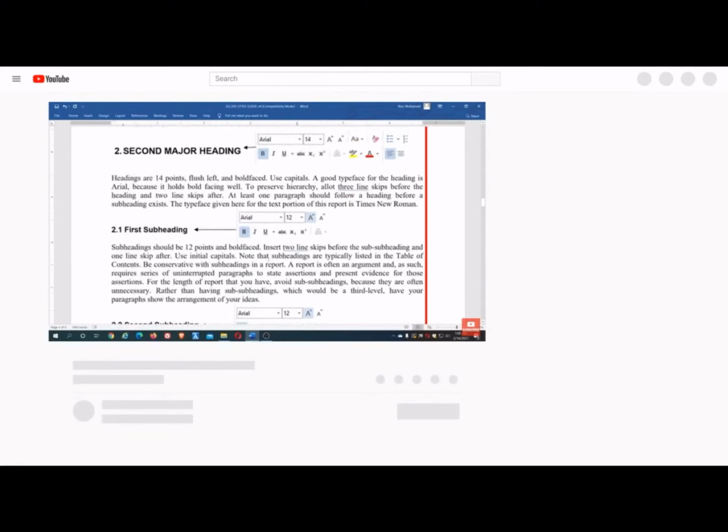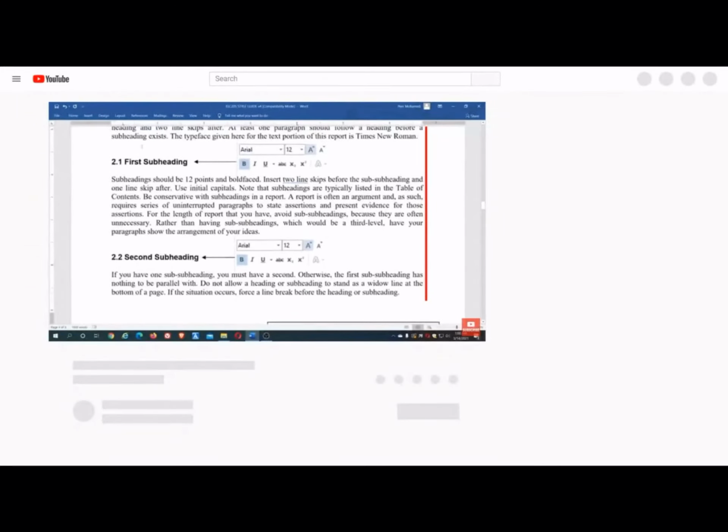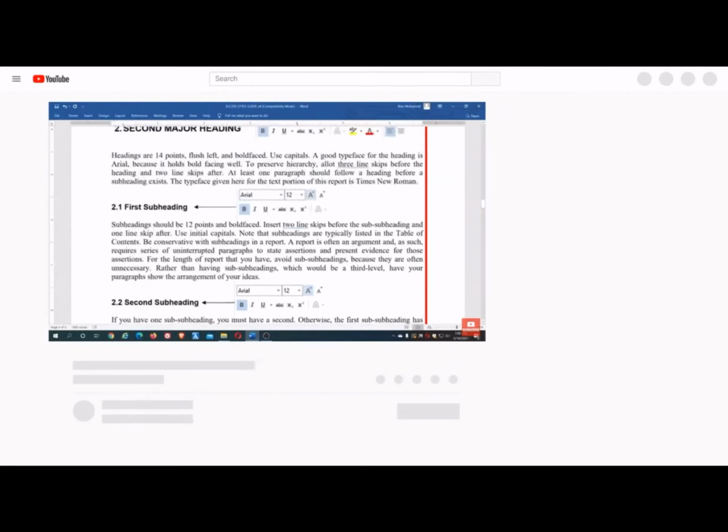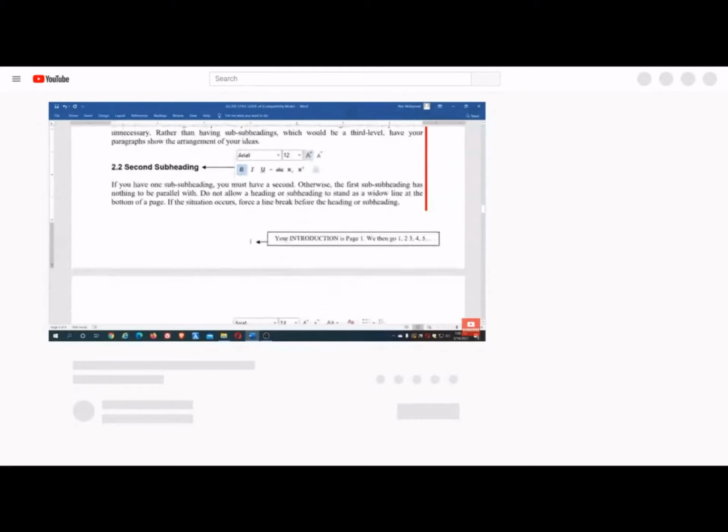So already we discussed, I told you when I was telling about the table of contents, you can see here this is the second chapter, or you can say second major heading, and then subheading comes in 2.1. So you can mention what are the subpoints here. 2.2. So these subheadings will be typed in Arial 12. And the subheading will be bold, and the matter here will be typed in Times New Roman. Same thing here, 2.2, second subheading, Arial 12, bold, you can see, and the text will be typed normal in